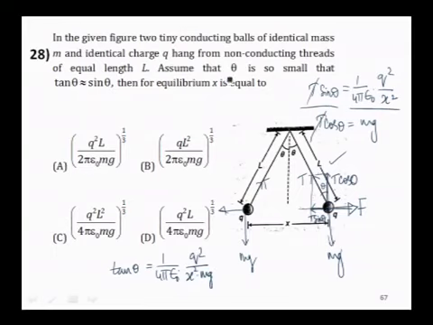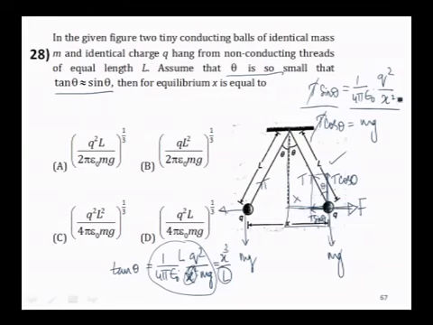Now, they have given theta is small, so that tan theta can be taken as sin theta, and sin theta can be taken from this triangle. In this triangle this is L and this is x, so x by L is sin theta. So, tan theta should be equal to sin theta, which is x by L. Taking this x here, you will get x cube, and this L comes here. So, your answer should be cube root of this part, q square L over 4 pi epsilon naught mg, and therefore,